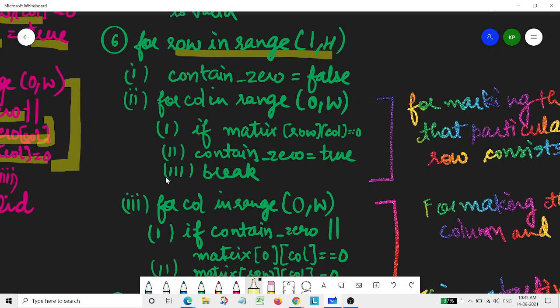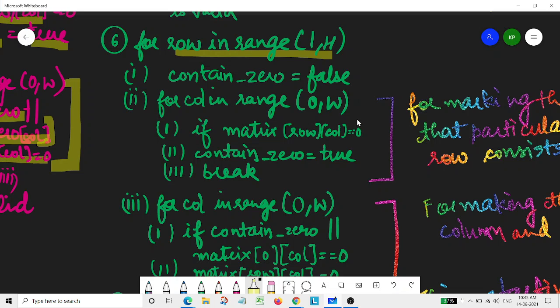So that's why we are not traversing from there. We will handle that first row at the end. Handling in the sense that if that row contained any 0 earlier, meaning before we marked 0 ourselves, then we'll handle that at the end. So now we'll start traversing our matrix from row 1.